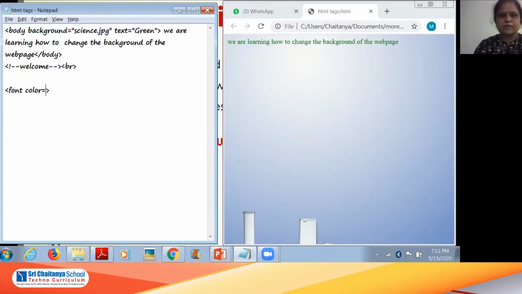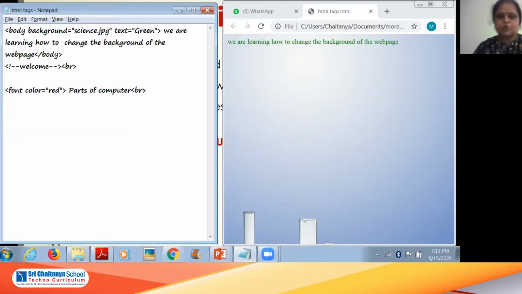Because we have given the background text color as green. Here I will make it red, just to show you the difference. Okay, parts of computer. I want to display this information. Then I want to go to the next line, so I am using BR.